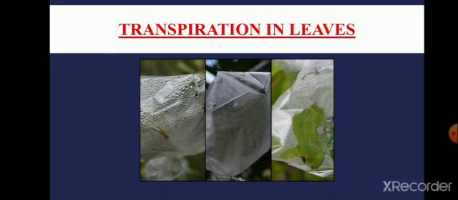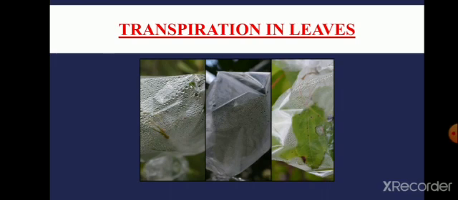Listen carefully. We take a polythene bag and put inside a leafy part of a plant. Okay, you close the polythene bag and keep it in the sunlight. After a while, we see tiny droplets of water on the inside of the polythene bag, which are proof that the leaves have performed transpiration.